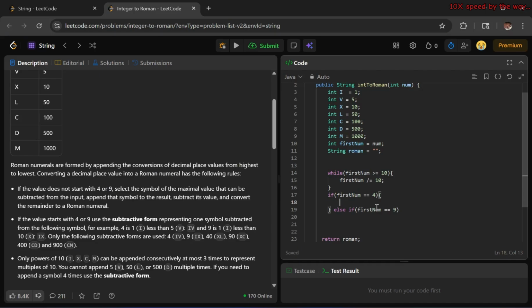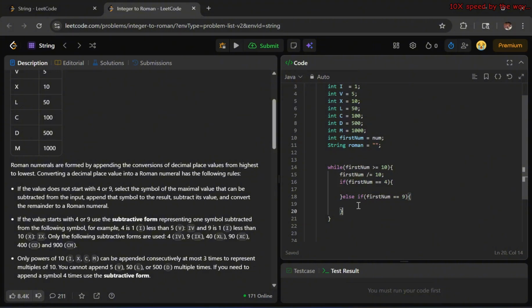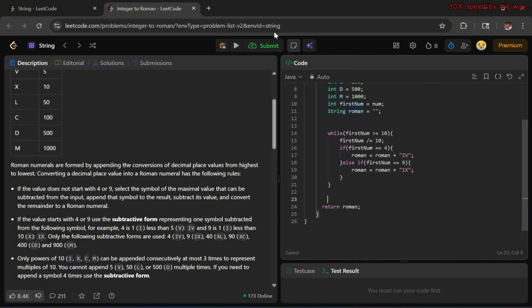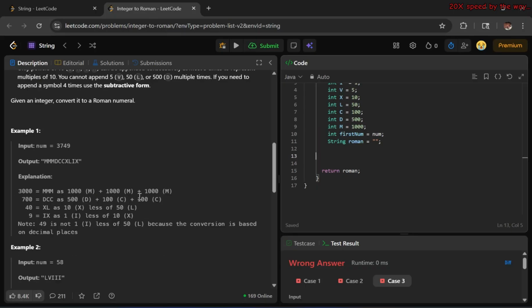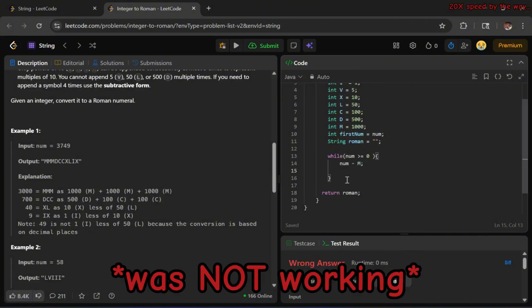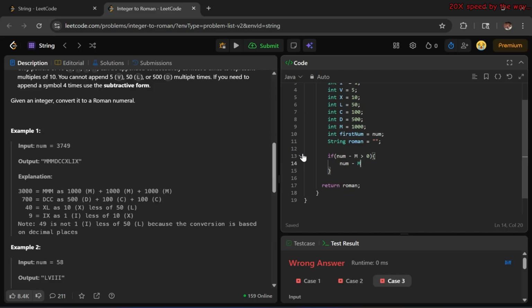And what's currently in the background is me trying to figure out if the first integer in a number is either a 4 or a 9, which my method of doing it clearly did not work out. After I noticed that my way of trying to find if the first number is a 4 or a 9 was not working, I then scrapped the whole code as you see in the background and